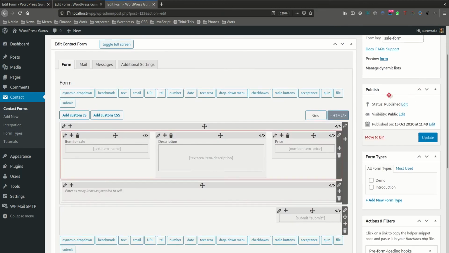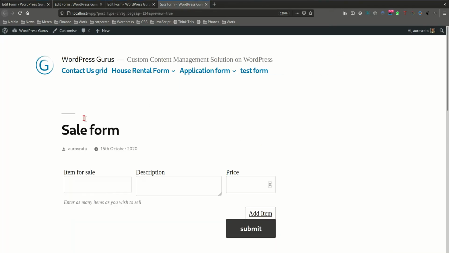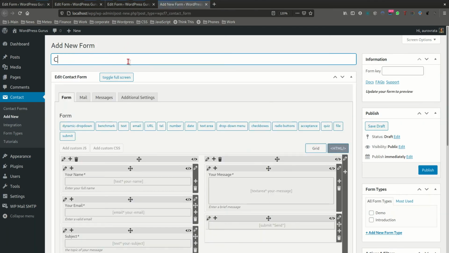Right, and now if I visualize this in the front end, we have just the sales items table, but we're now missing the contact details. So let's see how we can get the contact details as an inserted form. To do this, we first create a new form, and this is contact details